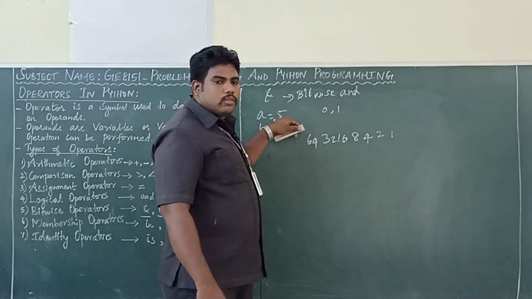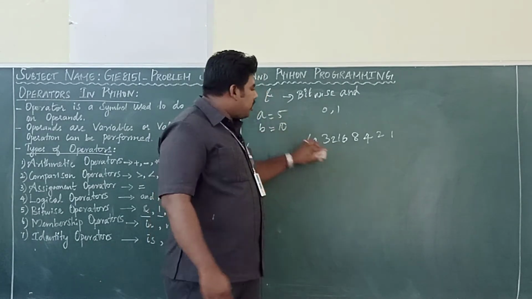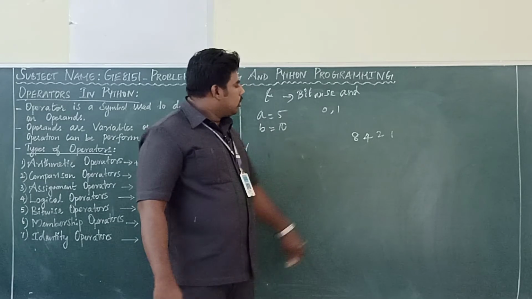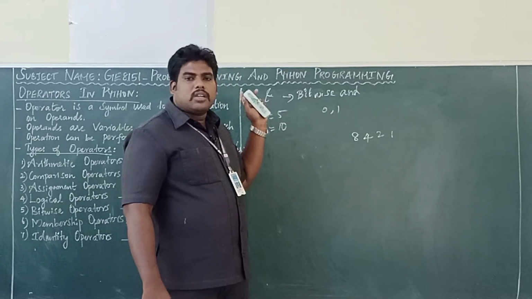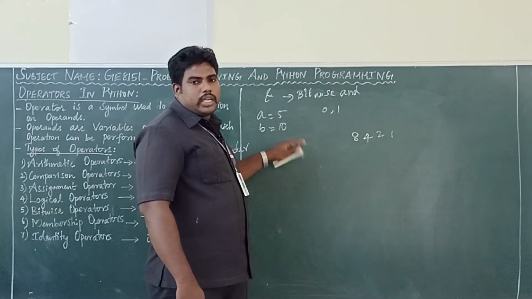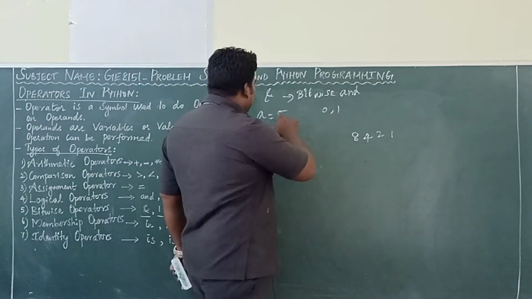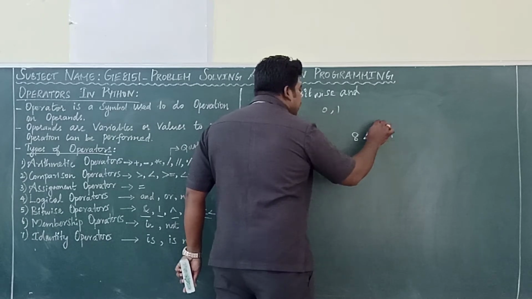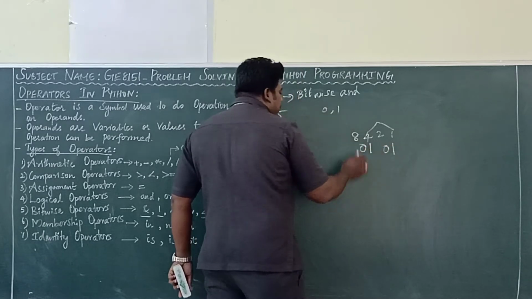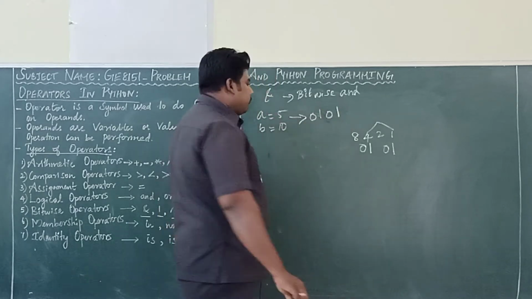For example, now 5. Now we have to check what are the numbers we have to add. Normally we will take till 8 only, as we are taking 4 bits, till 8 is enough. It goes 1, 2, 4, 8, 16, 32, 64, 128, like that it will go. Here 4 bits is enough for understanding. So here, what are the numbers we can add to get 5? This 4 and 1, right? At those 2 places put 1s. All the other places you have to put 0. So you will get the answer 0, 1, 0, 1.